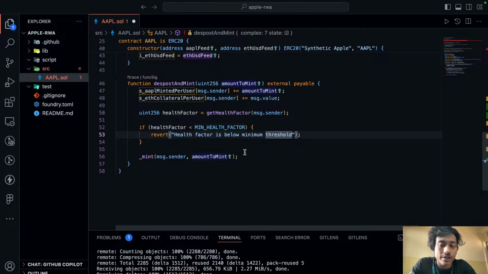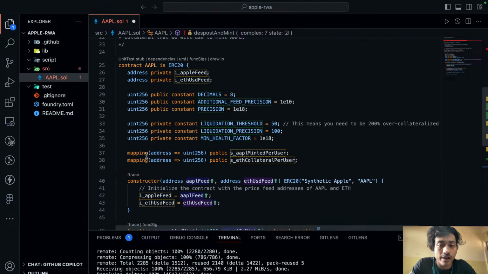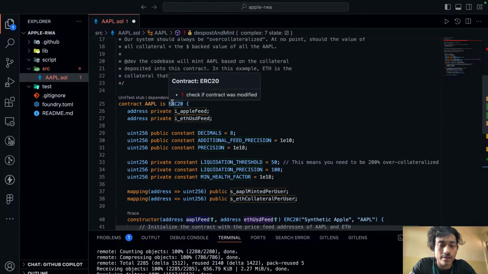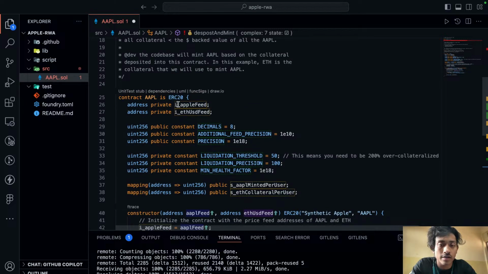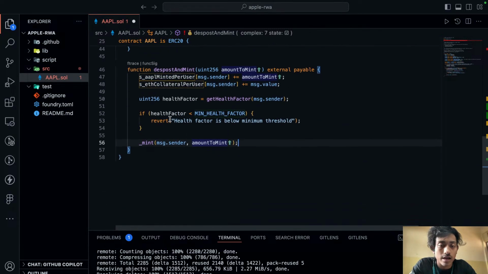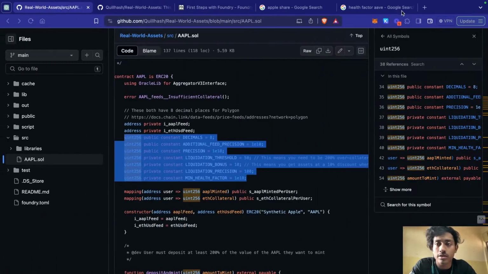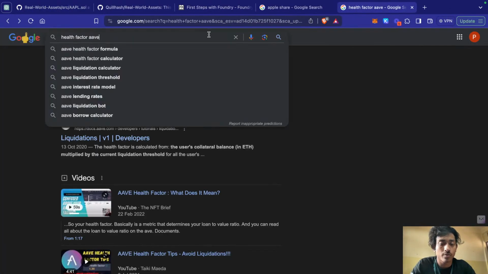Right. Then we are minting to message.sender the amount to mint. And what is the mint function? If you remember, we had declared that Apple is ERC20. So we are importing this ERC20 class into this contract. And if I go onto the mint function, never mind. So what the mint function does is that if we go onto